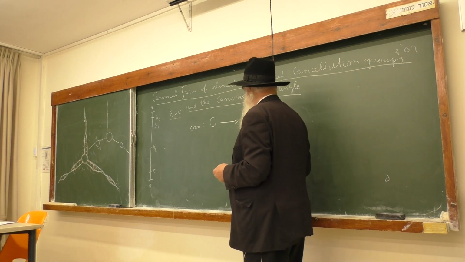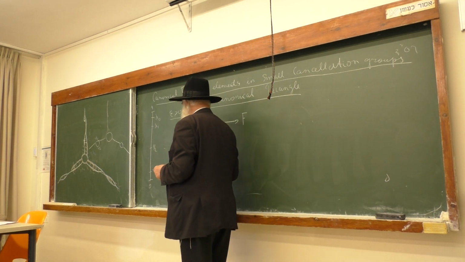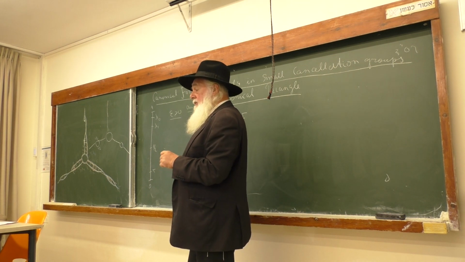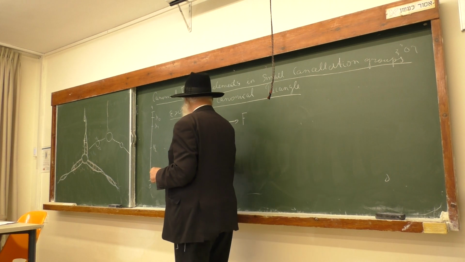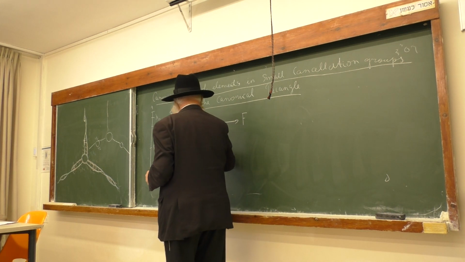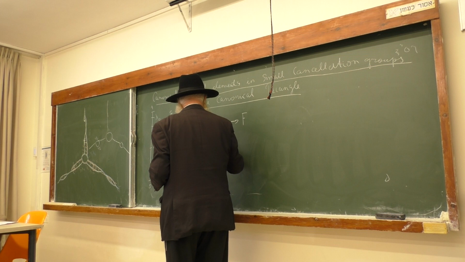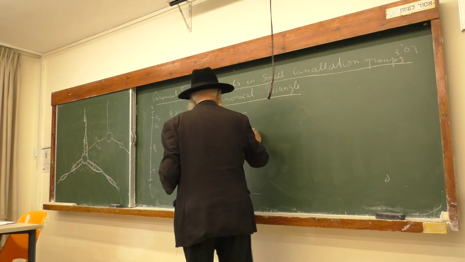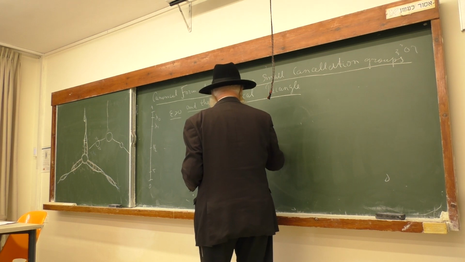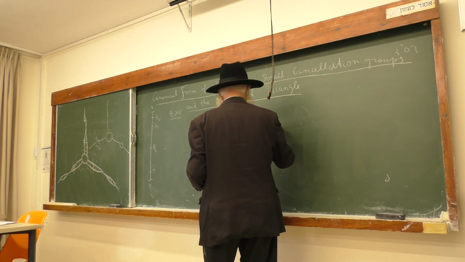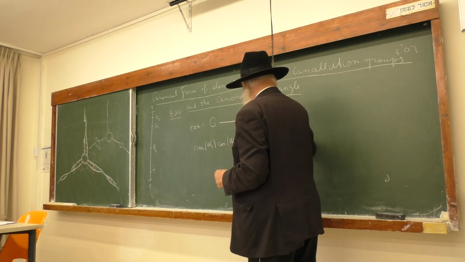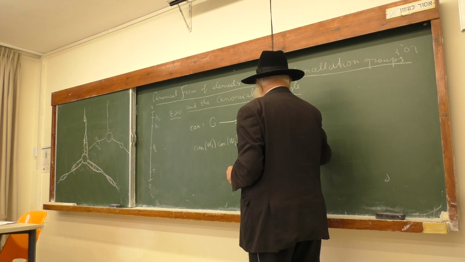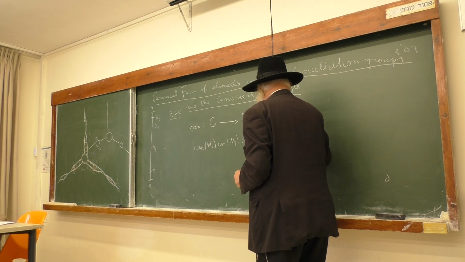Now, if we consider the representative of W1 times the representative of W2 times the representative of W2 minus 1, W1 minus 1, then it will be equal to